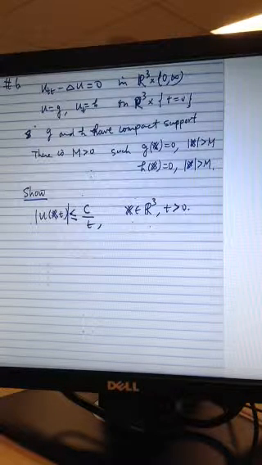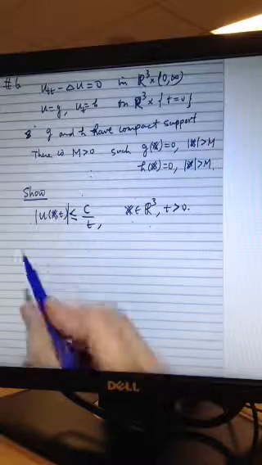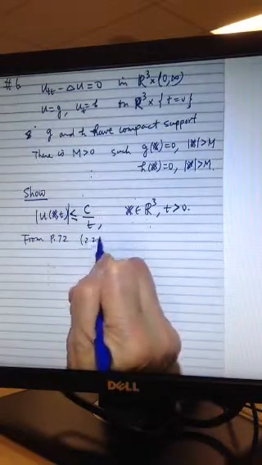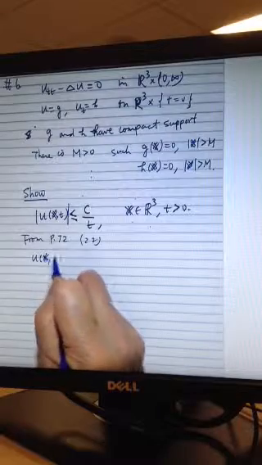It is this formula, for formula 22 on page 72. So from page 72, formula 22, U of x, t is equal to